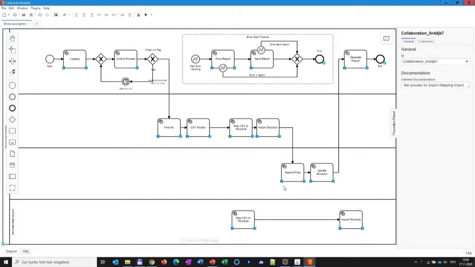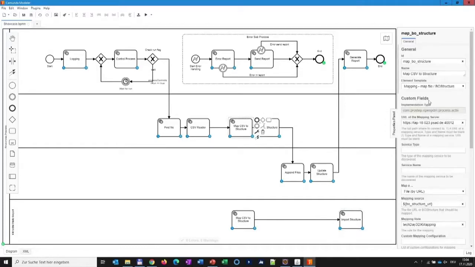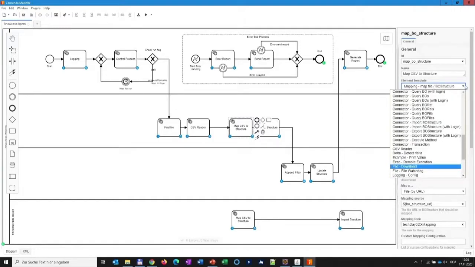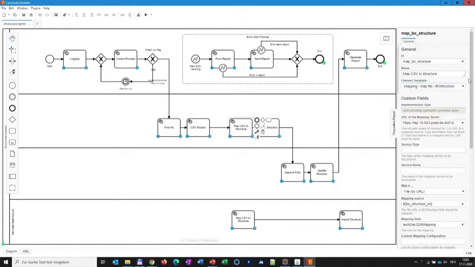When you click on these things, then you can see exactly the different fields that you can click on in these tasks, depending on which template you select. And with OpenPDM, we've got quite a lot of templates already prepared, which are basically the standard use cases you would always need for standard integration. And of course, we're going to put them in the next releases. More and more of our new products are switching to OpenPDM or are starting with OpenPDM 9.0, and that's how we're going to proceed. Now we're going to have a look at the whole thing.